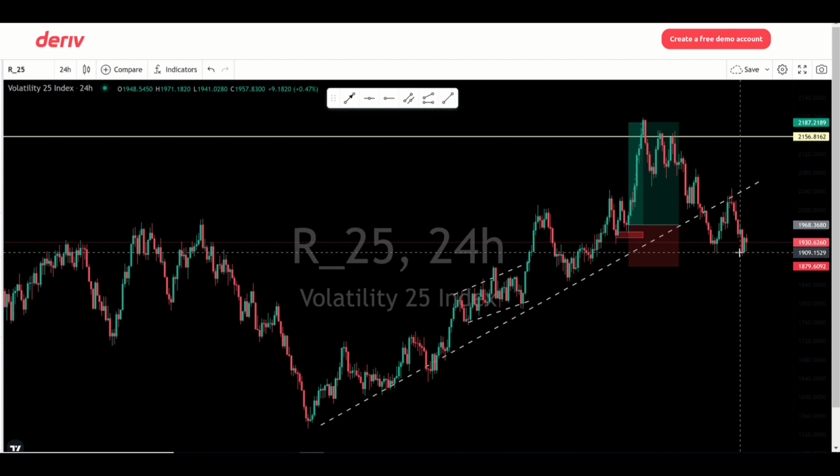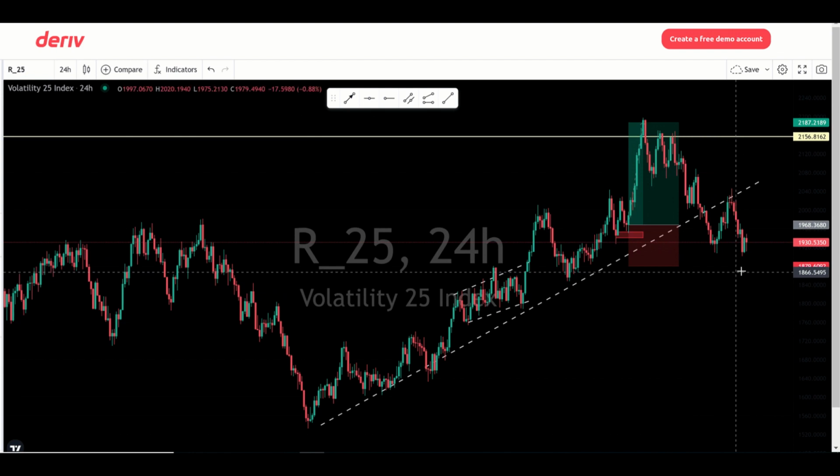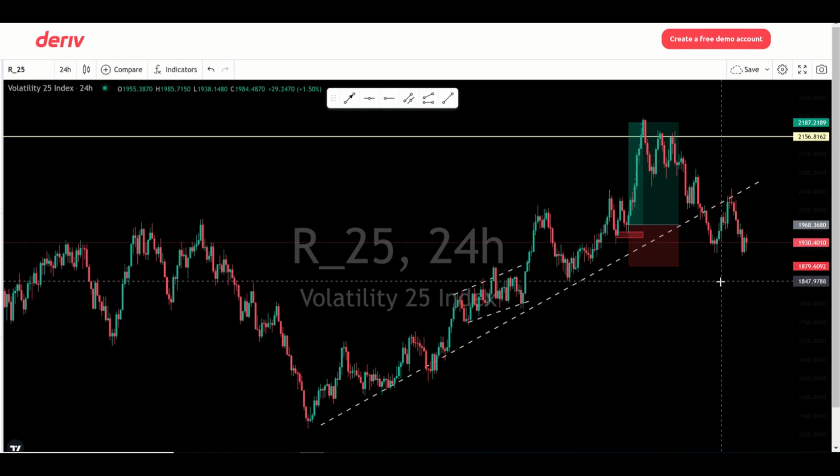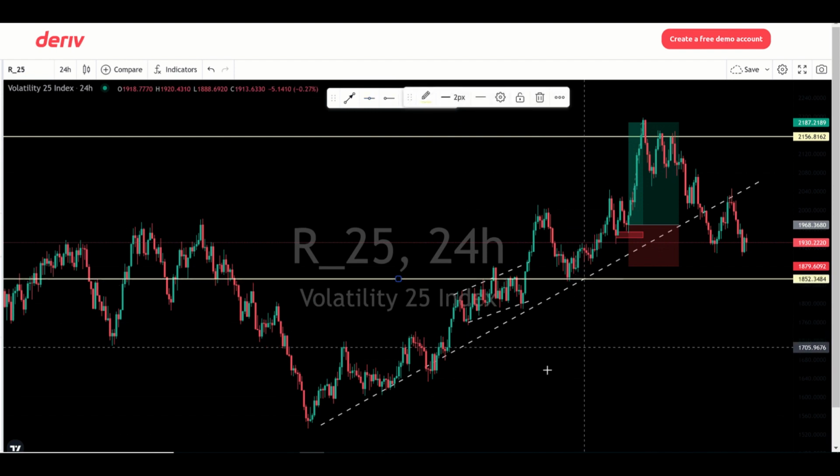like a double top, but don't get in on it. We're going to go to the smaller time frame and then check what the market is going to give us. So where is our next zone after this particular zone? Our next zone will be around this particular zone here, right? So if we mark out this zone,